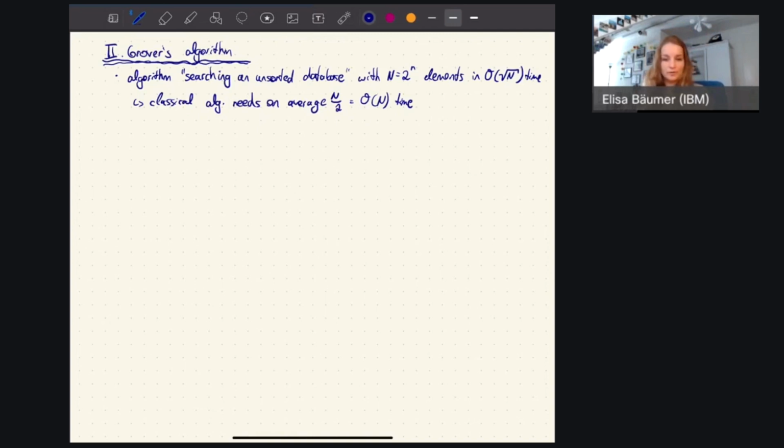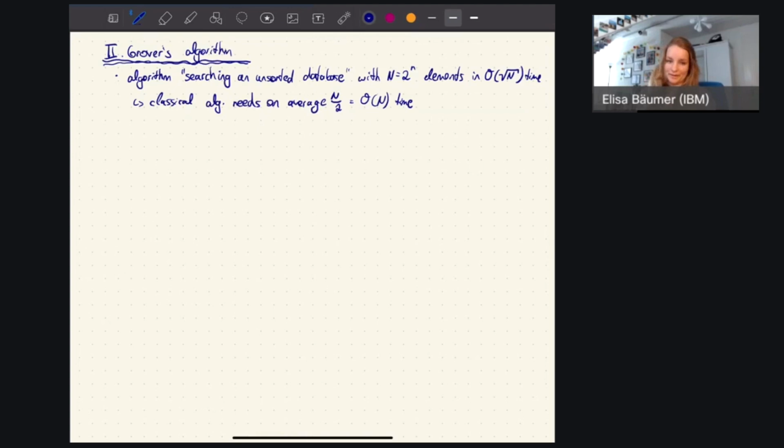Now, within the example of the phone book, we could say the correct name would be the one where, for x being the correct name, we would return f(x) equal to 1. However, this implies that this function that looks through all the different phone numbers would first need the whole phone book. And if you anyway need to put all the numbers of the phone book into that function, then in the same time you could already just have looked it up. This does not go any faster. So the problem is how to implement this oracle.